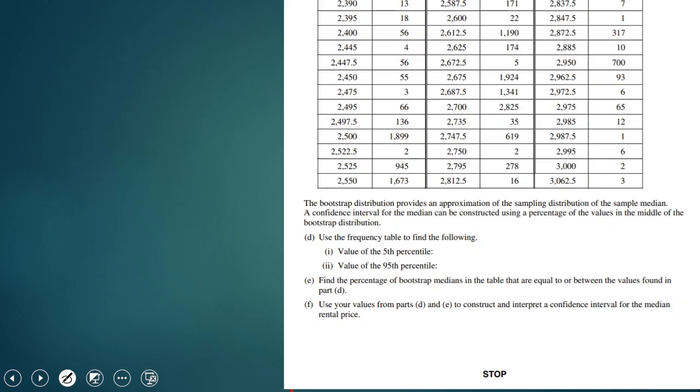And so we calculate our percent. Now what's interesting is that what happens sometimes with this particular question F is it says use your values from parts D and E to construct and interpret a confidence interval for the median rental price. Now we calculated the percent in E for a reason, because that is the percent of our confidence interval. So that is the strength, you can say, of our confidence interval. But for some reason, people often said that, okay, we're gonna take the 5th percentile, 95th percentile, in between there has to be 90%. So it's gonna be a 90% confidence interval. But no, that's incorrect. So you have to say that an approximate 96%,